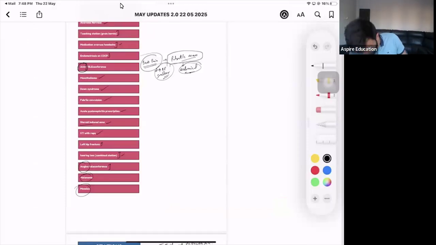Morphine toxicity, man. So morphine toxicity, doctor, it's given in the question that the patient is on morphine. And the findings that you're going to get when you do the examination, when you check the vitals on the monitor, the patient's respiratory rate is very low. It's 6. And also when you check the pupils, they're pinpoint. So in the beginning, in the breathing assessment, when you find this, you need to start treating the patient. You need to give the management then and there. Okay.